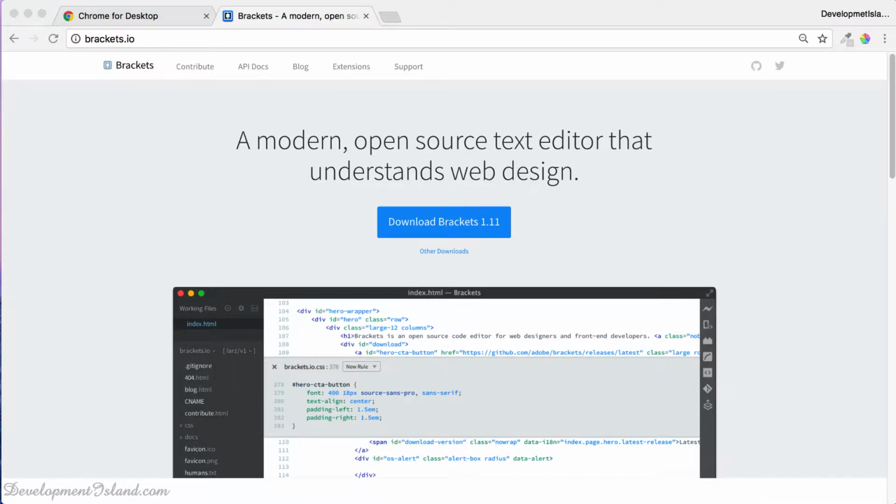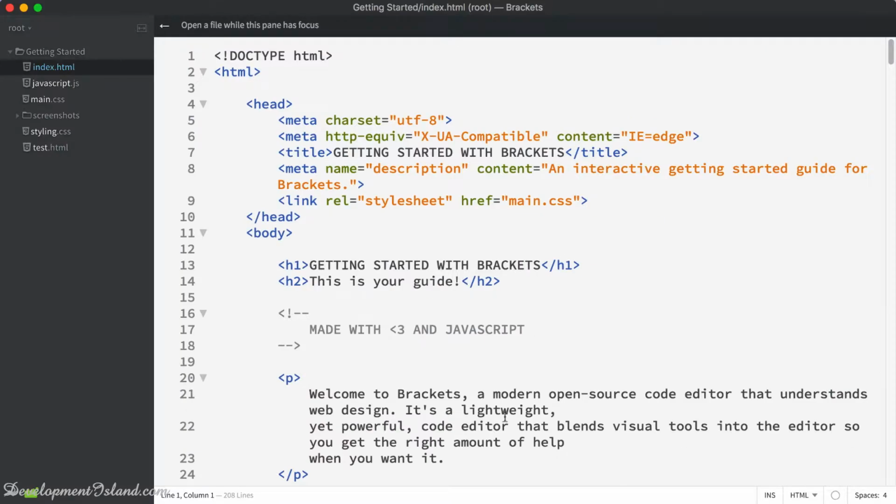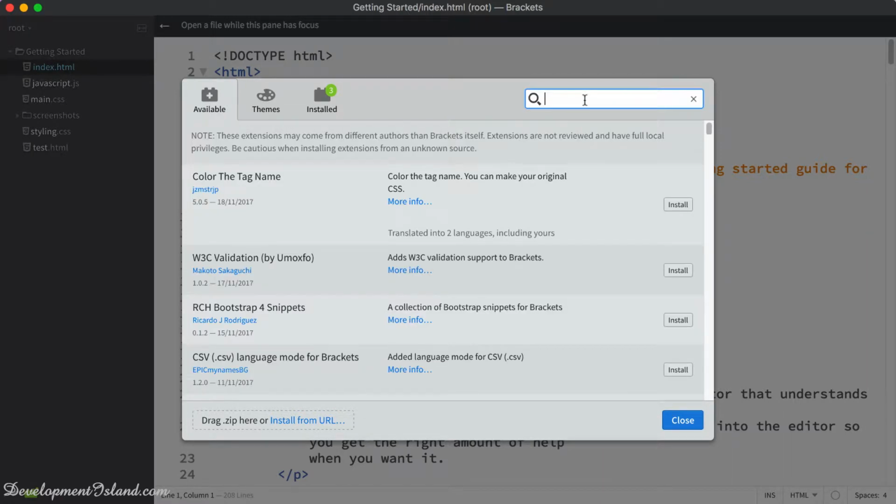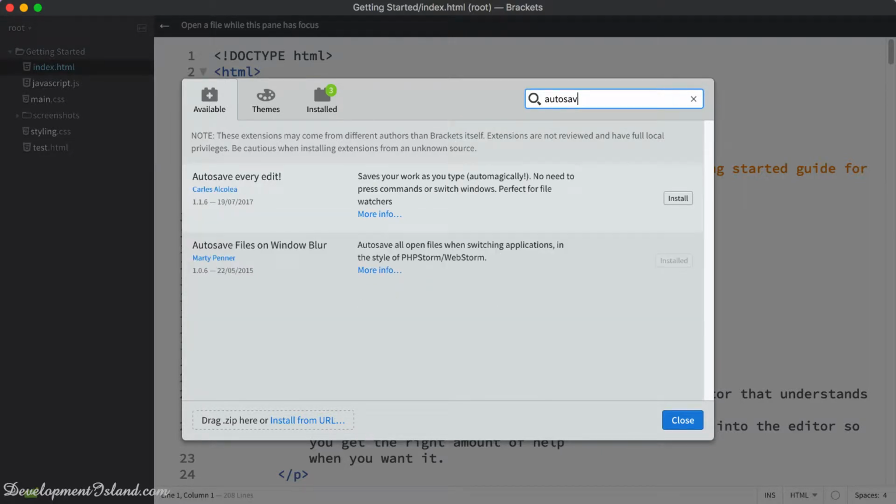And once you do that and install Brackets on your computer, if you open it the first time, you'll get something like this. Now, to download any extensions, you can just click on that icon and then go to available, and then you can search extensions right there. Now, there is a really good one we're going to need. It's called Auto Save on Window Blur, and that's the one. So just make sure you download this one. This one will help you